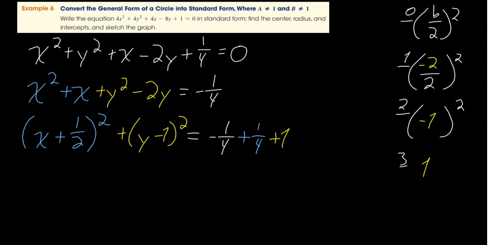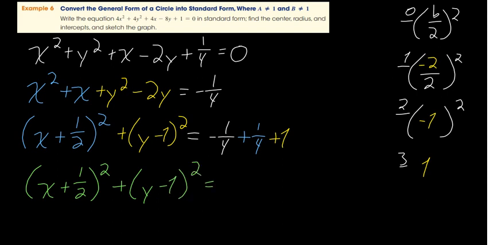So similar to the previous problem, it looks like we're going to have some canceling out over here. So let's go ahead and write this out completely. So x plus 1/2 quantity squared plus y minus 1 quantity squared is equal to, again, the negative 1/4 and positive 1/4 cancel, so we get 1. So this means we have a center located at,